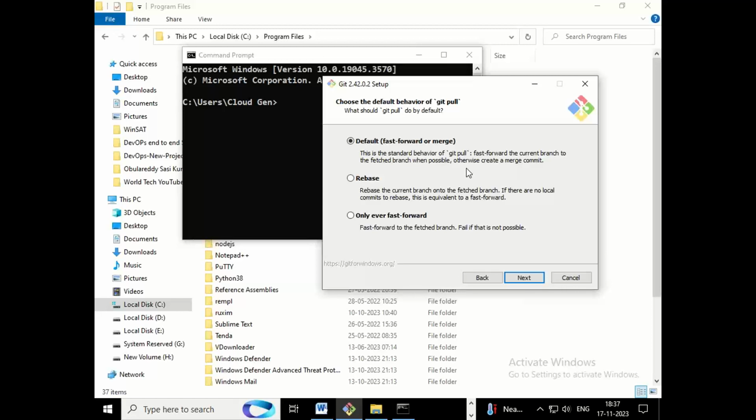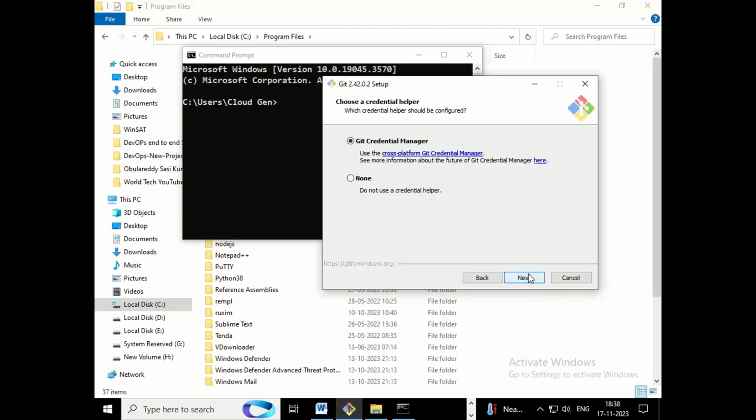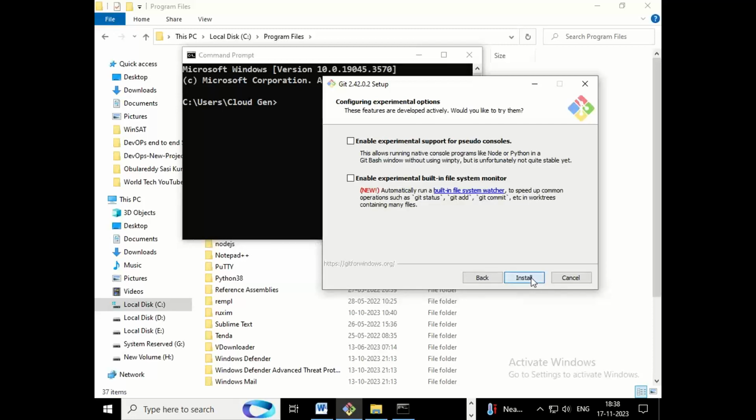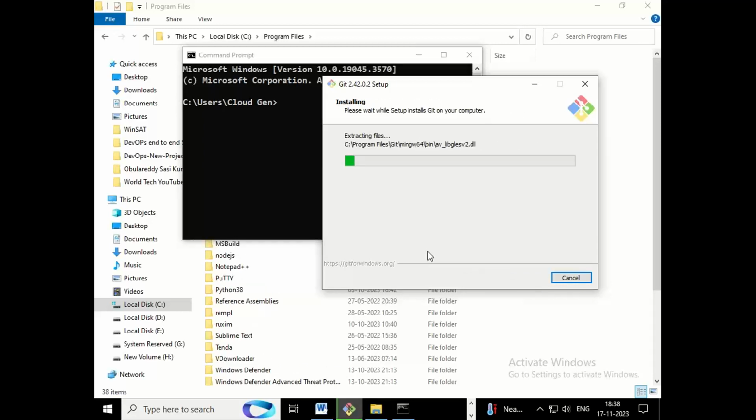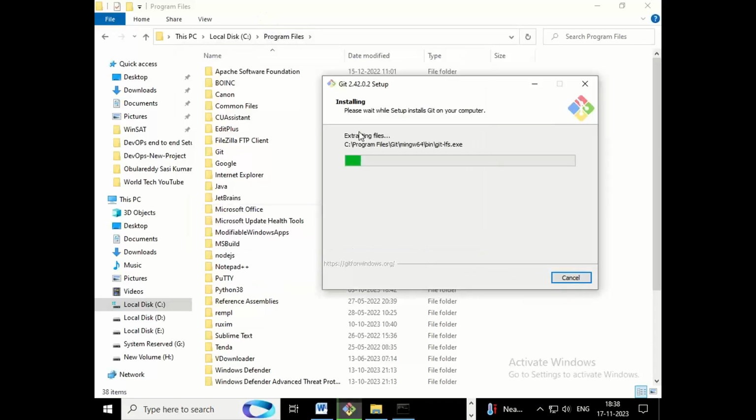This belongs to advanced commands, Git advanced commands. Okay guys, click on next. Simply, just apply next automatically. Finally you will get the install option. Just click on install, and Git will install on our Windows machine automatically. Enable file system caching, just click on next. Click on yes. Finally, see guys, we got one folder with the name of